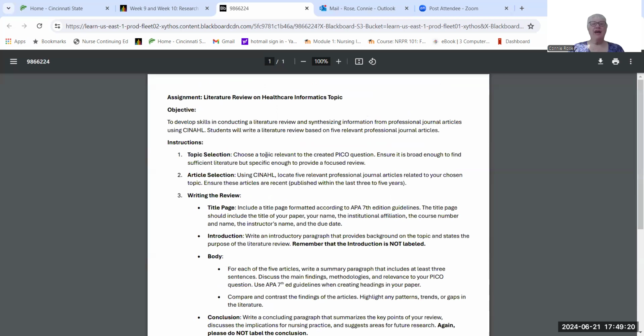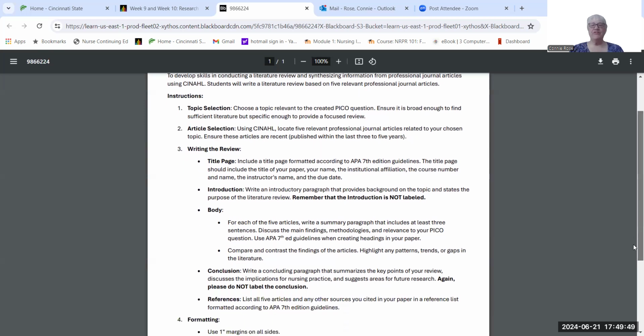So once you have chosen your topic and created your PICO question, now you have to select articles that would support and give you information about your PICO question. So then it's listed here what you need to include in your literature review. So in your document, you're going to have a title page, the introduction, then the body describing what you found,